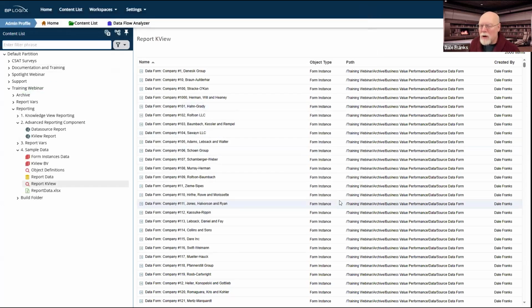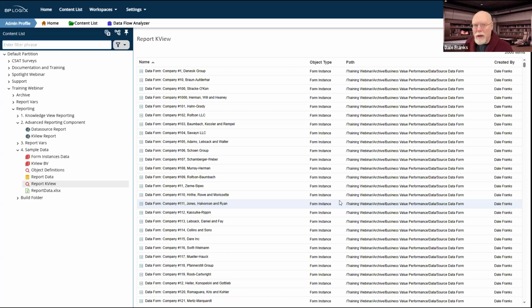But it only shows me information from inside Process Director. Sometimes there is other information, perhaps related information, but it's not stored in Process Director. It comes from external data sources, or, and I guess we'd have to consider it in this context, an external data source, the internal user database where we store a lot of information. And of course, we might want our reports to be attractive. And that's going to be really hard to do with a knowledge view.